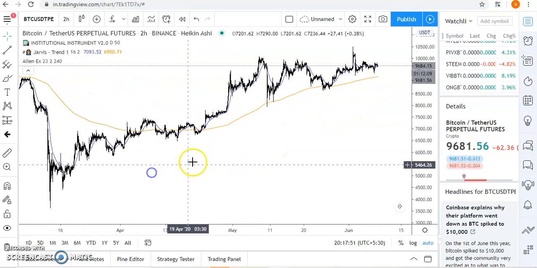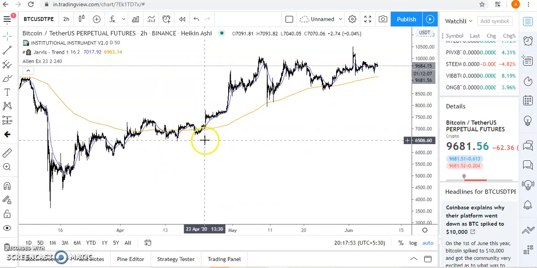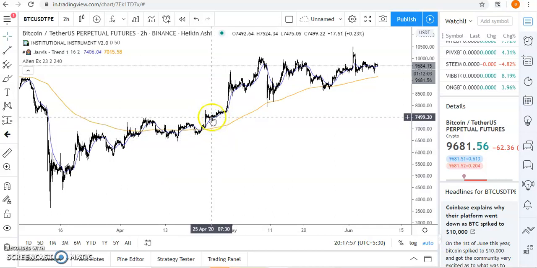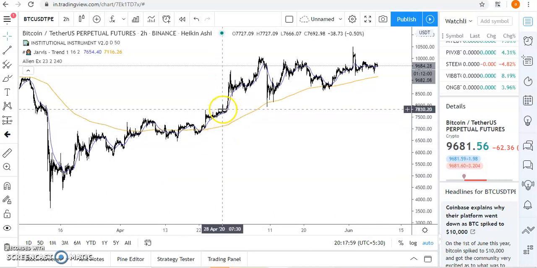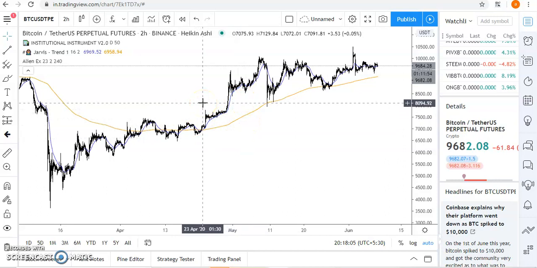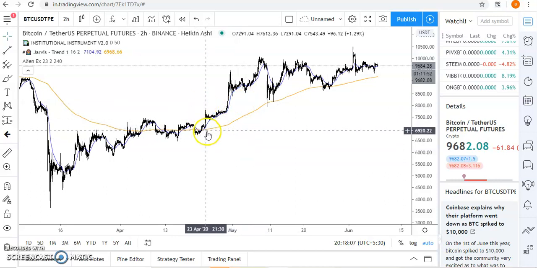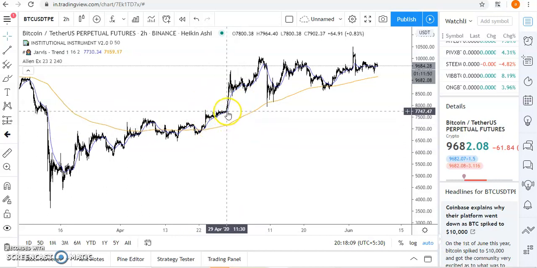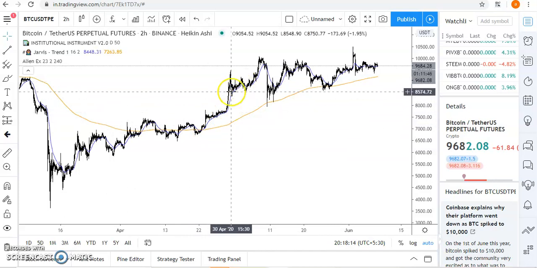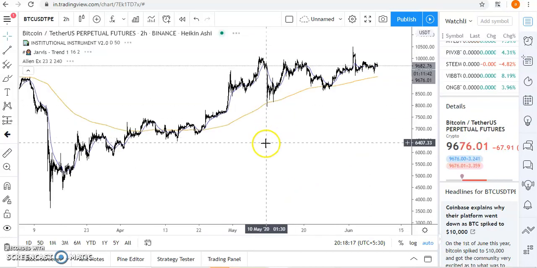In the same way, when the price is above this 4 hour 200 EMA line and the price is trending above this 15 minute 200 EMA line, that means the trend strength is very high. So once you see the trend strength is high and this 15 minute 200 line will act as a dynamic support, you can always go for a long position, right?